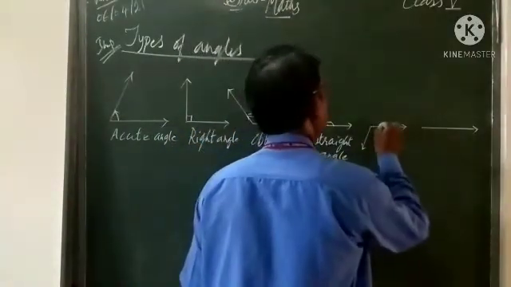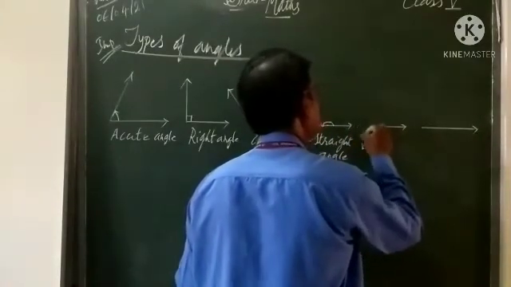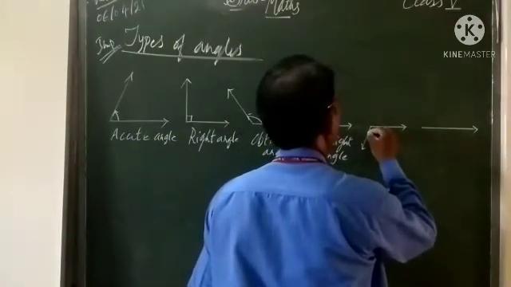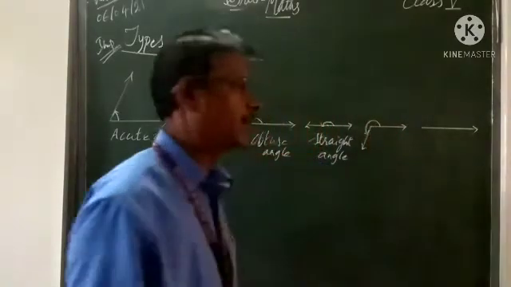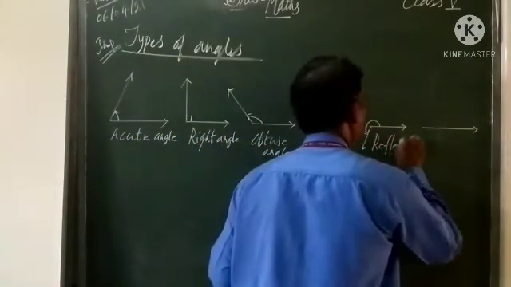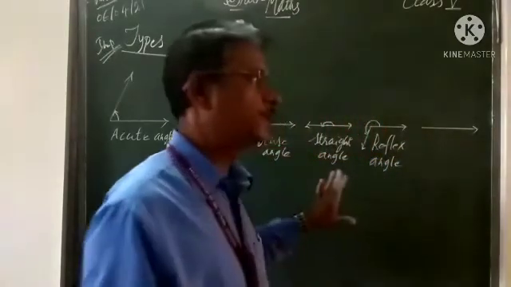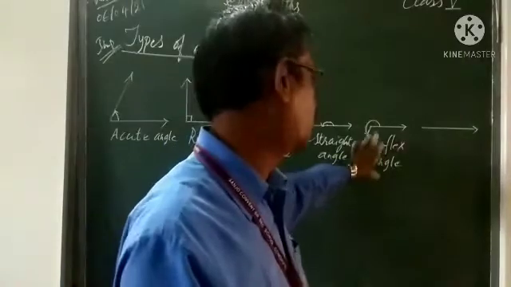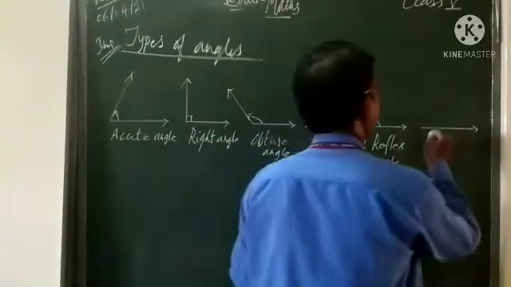Now this angle, after measuring, you may get more than 180 degrees. But again this is 180 plus something, like 20 or 30, 180 plus 30, 110 maybe. For example, this angle is more than 180 degrees. That's why this angle is called a reflex angle. Reflex. What do you call a reflex angle? An angle whose value is more than 180 degrees but less than 360 degrees. Keep in mind, but less than 360 degrees also. Such types of angles are called reflex angles.